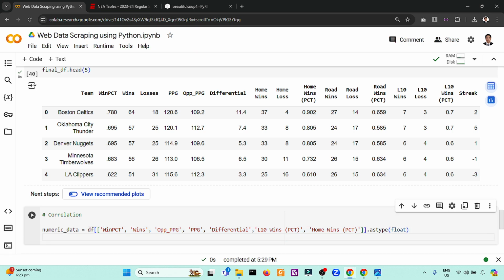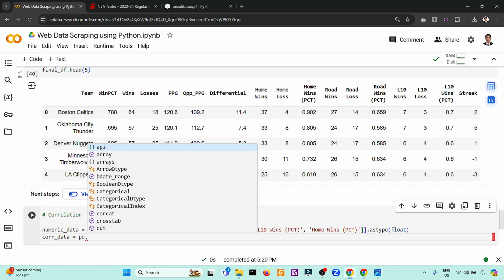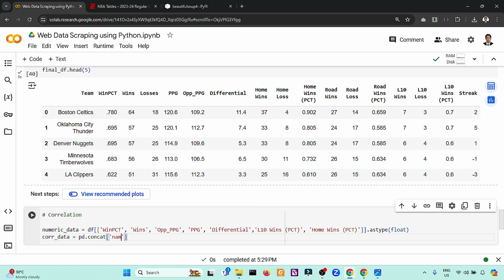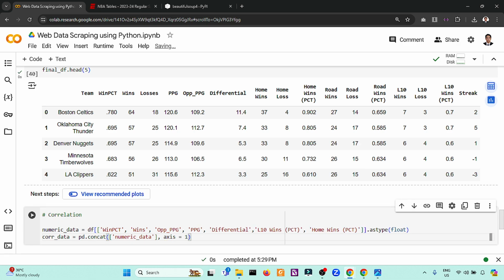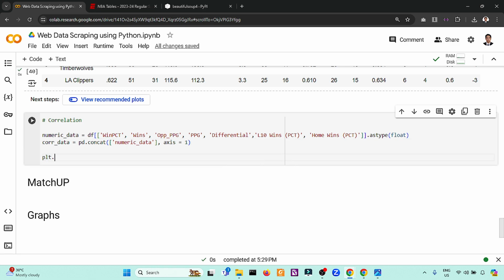Then if you want to see the correlation, data equals pd.concat, we need to concatenate this sample as numeric data, and we have also a specific axis of 1, which means in terms of columns. Okay, this one. So let's plot this one.